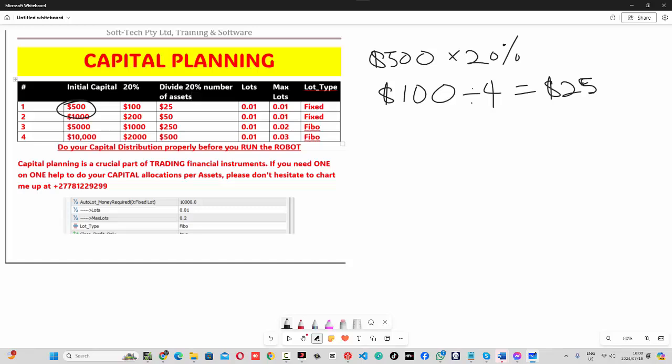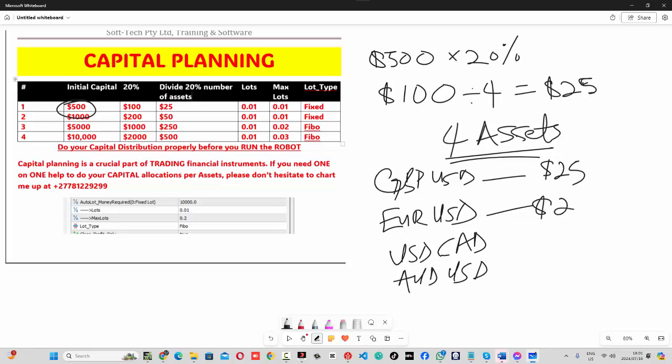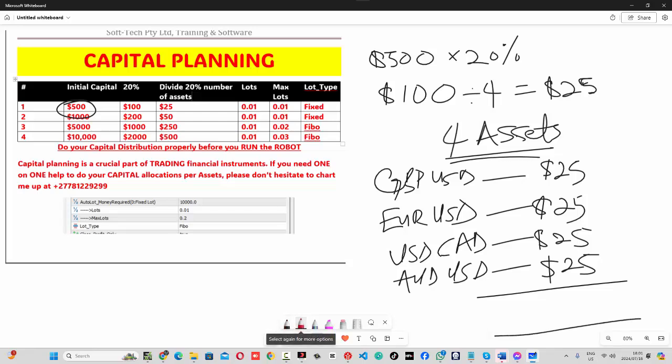So now, let's say the 4 assets that I want to trade are GBP USD, EUR USD, USD CAD, and AUD USD. For each of these I will allocate $25. So this is the way I do my trading. I know that out of my $500, or 500 cents, all that I risk is $100